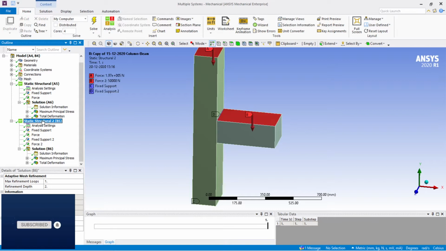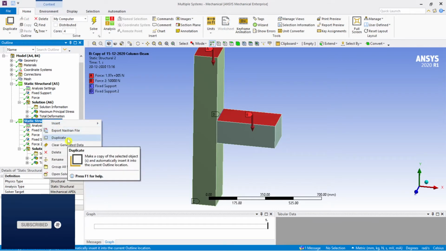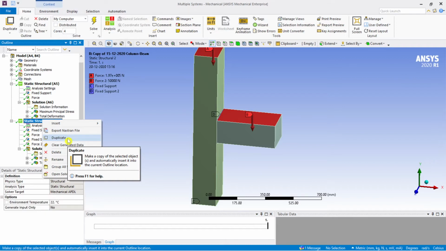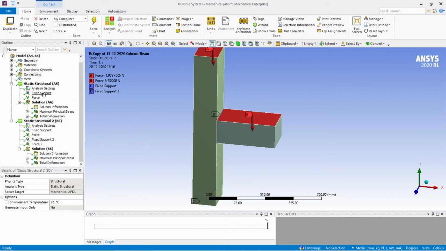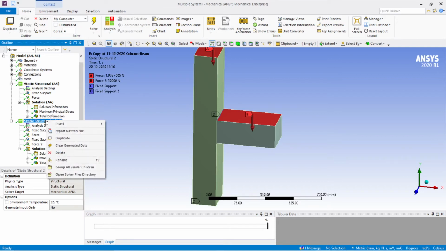I will just duplicate. You can duplicate this result here, so that once the analysis has been done, if you don't want that to be erased, you can go for duplicate, because you can select a different support or different loading condition there and then check. Why am I selecting duplicate? Otherwise I could have changed it here, but I don't want to lose these results. If some error comes in the analysis that I'm doing now, my previous results will not get affected. I will still have that result. So that is the reason we are going to do a duplicate. Okay, so right click, duplicate.